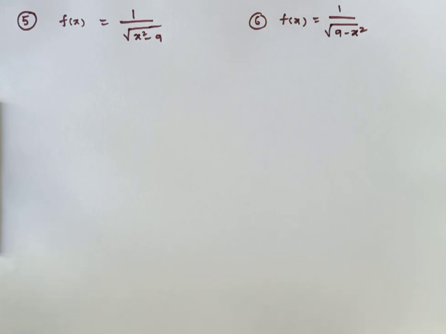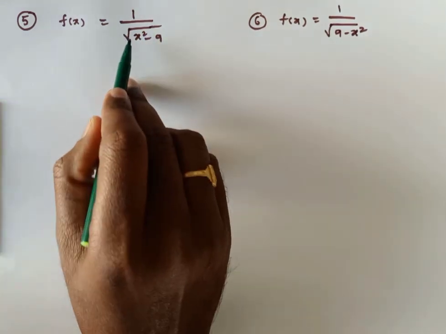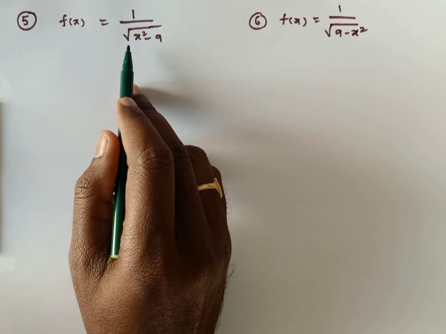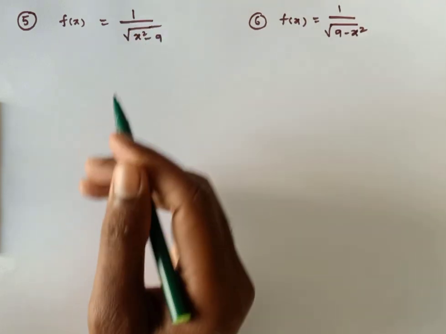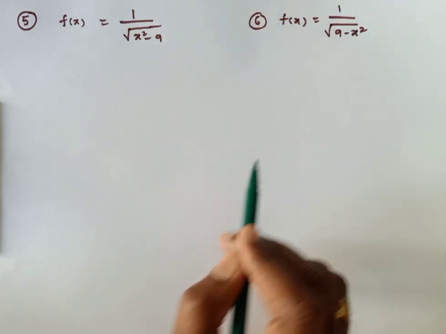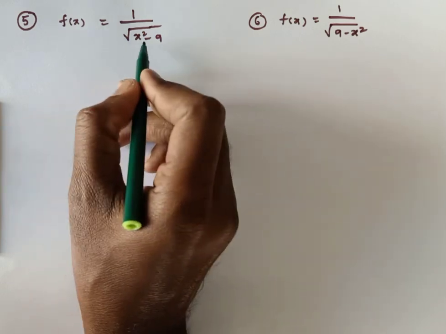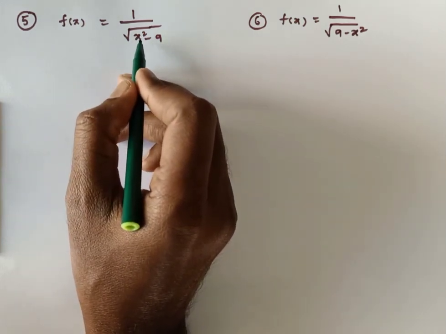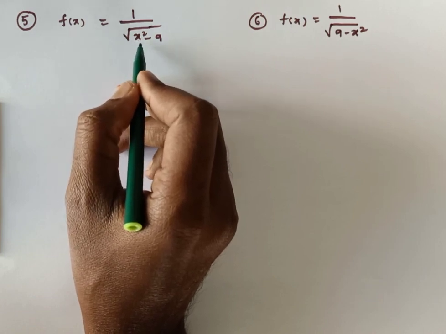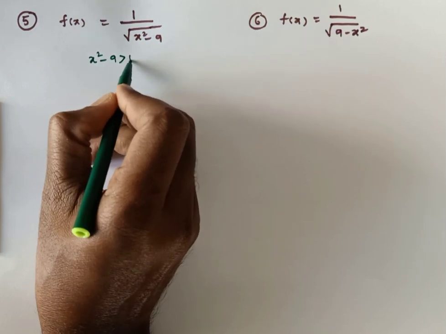Now see problems number 5 and 6. These two are related to the previous problems 3 and 4. What is the difference between 3 and 5? The 3 is directly the root of x square minus 9, but here the denominator has come: 1 by root f of x form. This is also 1 by root f of x form. Whatever it may be, the root of something should be greater than or equal to 0, but since it lies in the denominator, it can never be 0. So strictly, you just need to consider x square minus 9 greater than 0, which is enough.